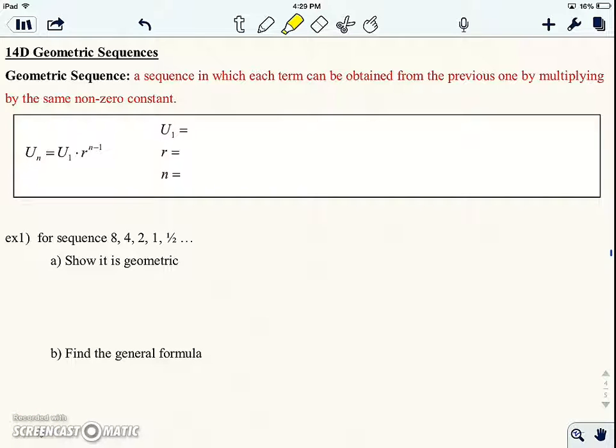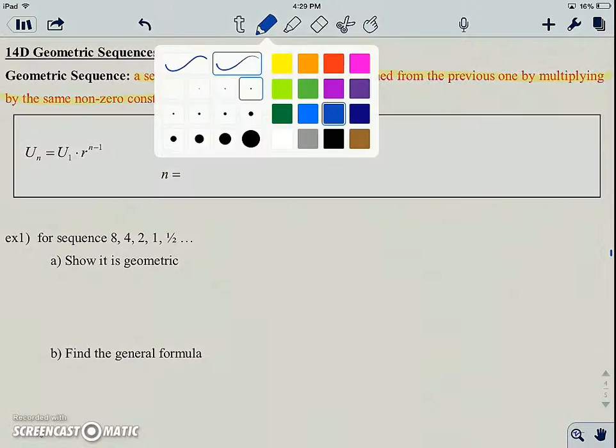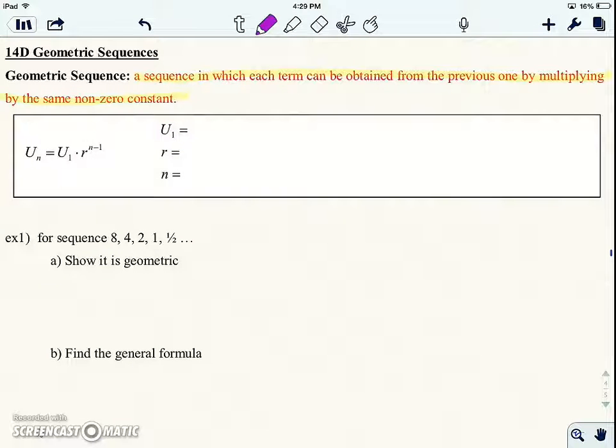Geometric sequences, day 1. A geometric sequence is a sequence in which each term can be obtained from the previous one by multiplying by the same non-zero constant. So it's very similar to what we did before, but instead of adding on each term, we are going to multiply. The general formula for this is u of n equals u sub 1 times r to the n minus 1,